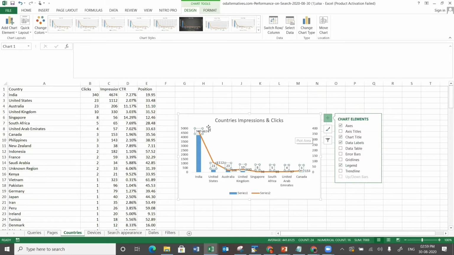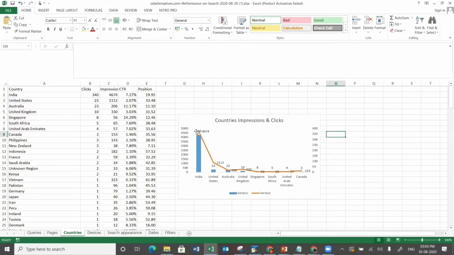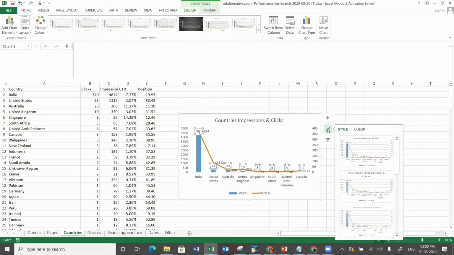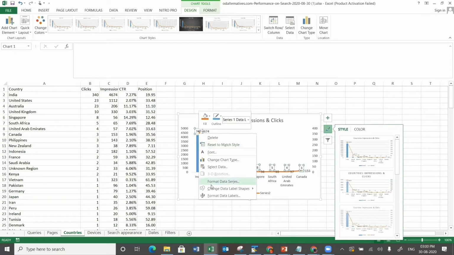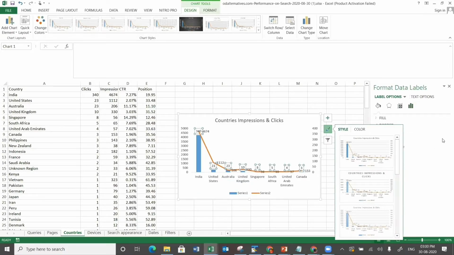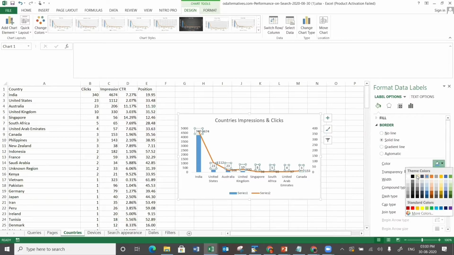What I'll do is I will format it. I will add some solid lines and fill the color so it's differentiated.